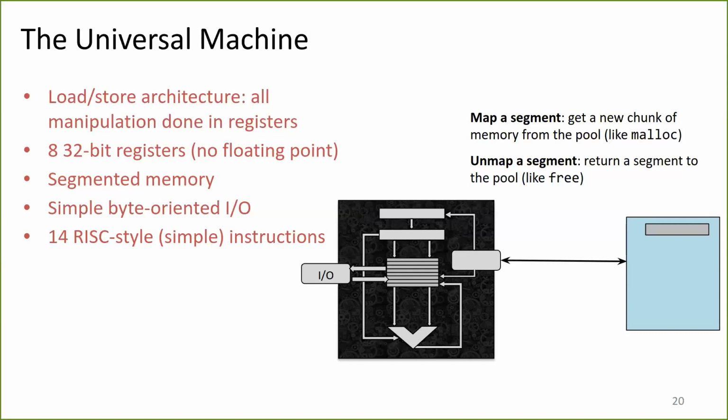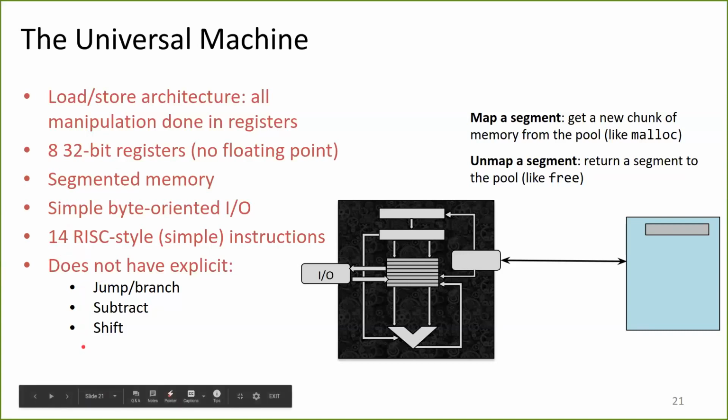So we're going to get into what all of the different instructions are on the next slide. But as we look at them, you might notice that some things are missing. Specifically, the omits some instructions that you might think are necessary to perform any general computation. There's no jumping or branch instructions. There's no subtraction, and there's no shifting to the left or the right. It turns out that we don't need any of these instructions added to the 14 that we already have. The just with these instructions and omitting these ones that we're used to, can still compute anything that our x86-based